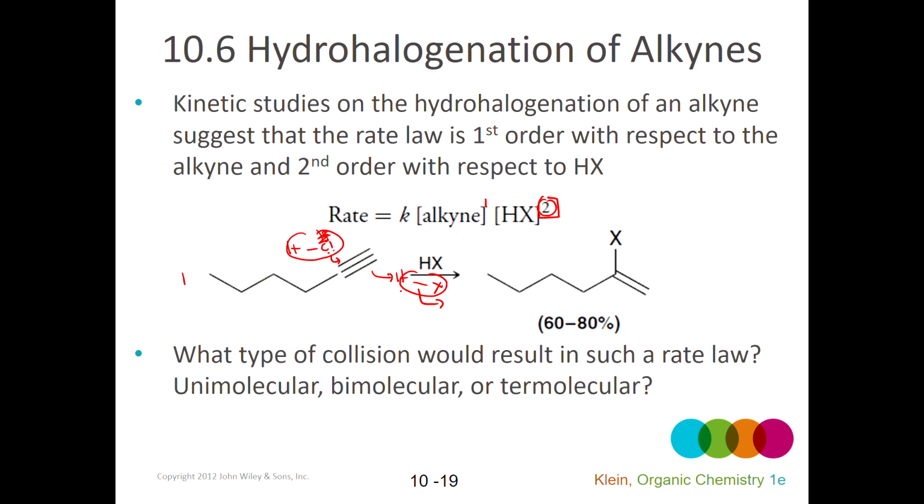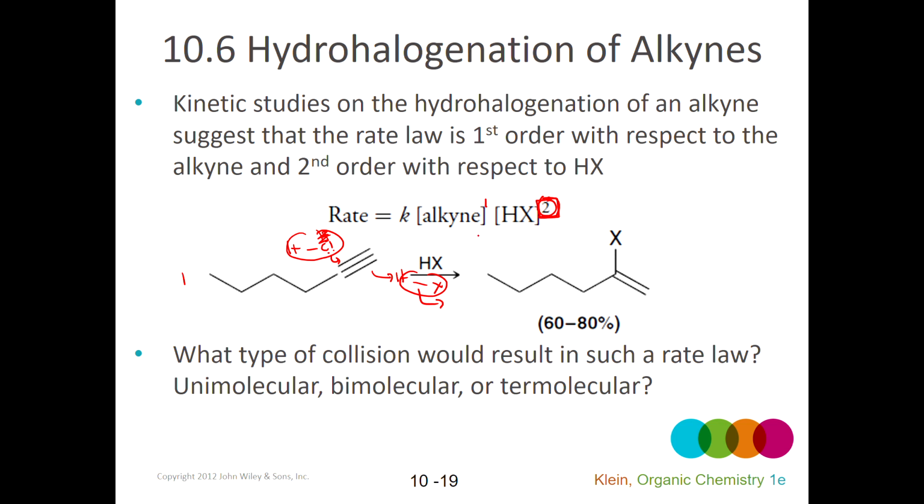If all three of those have to be involved in the collision to make the product, well then the HX would be second order, because if I double the molarity of those, I'm going to really help facilitate these collisions. And if I decrease the molarity, almost never will these collisions occur, because the collisions specifically require 2 moles of that. The more moles there are involved in the collision, the more the molarity of that will affect the rate. And so it becomes an exponential relationship instead of a proportional relationship. So that could explain the rate law,